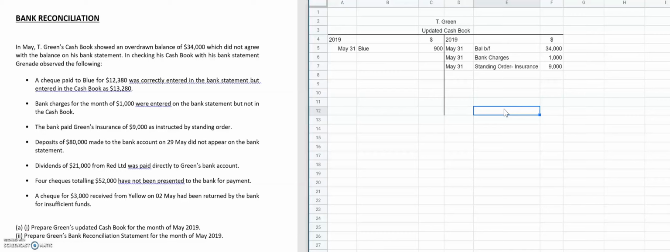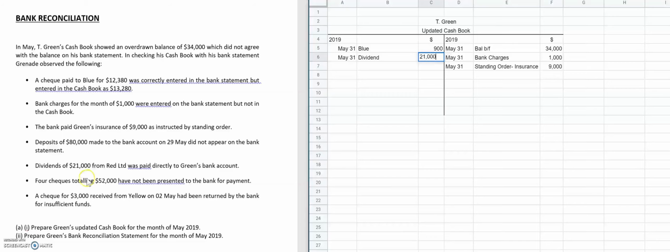Now, dividends are payments that shareholders receive because they own shares in a company. So this is money that is being received by T Green. So therefore, this should be placed on the debit side of the account. And the amount is